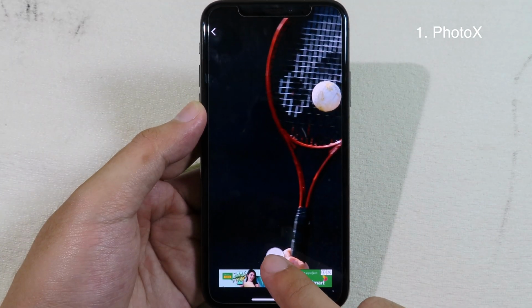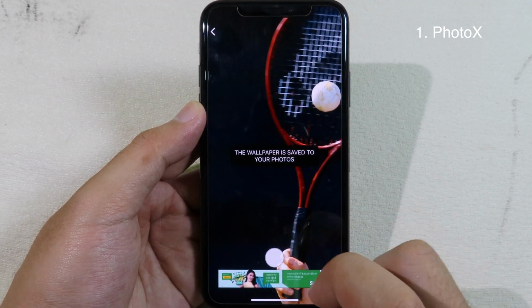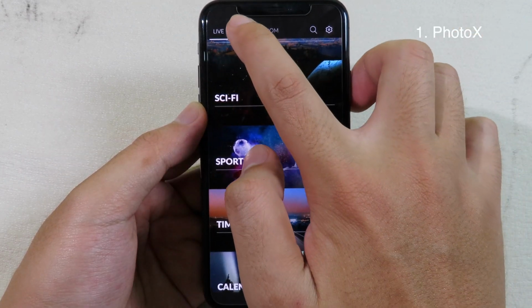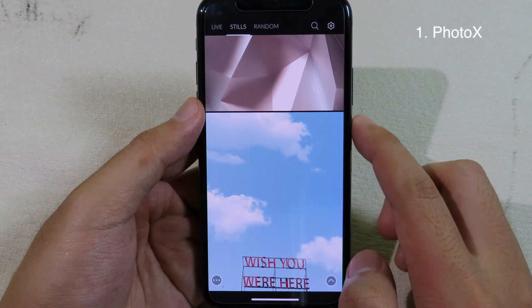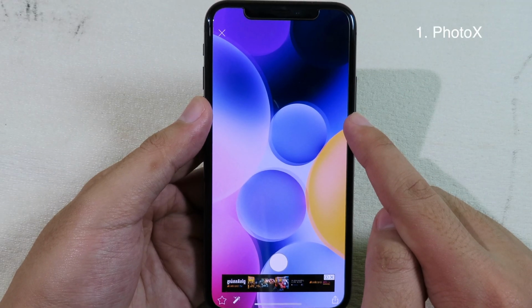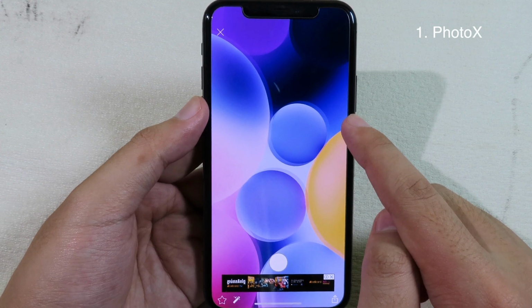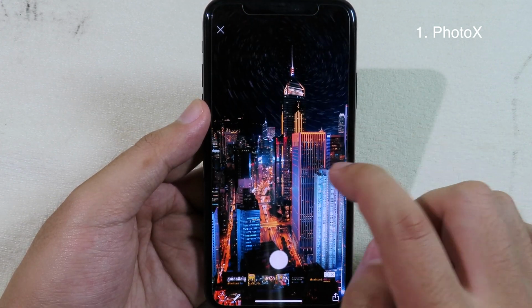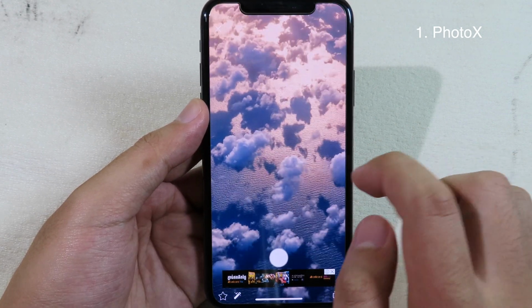So you just click on this button to save the live wallpaper to your photo, and then you can go back and you can choose stills, which is the normal wallpaper you can get from here. For this app, it doesn't have in-app purchase, so it is completely free. And you can see here we have a nice wallpaper here, so you can swipe to the left to go